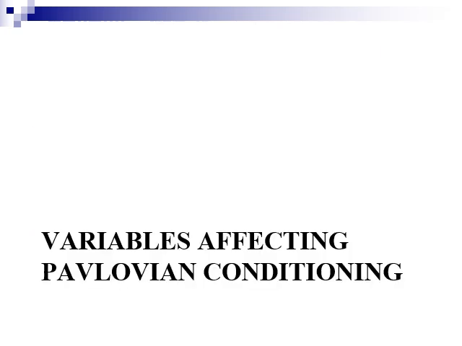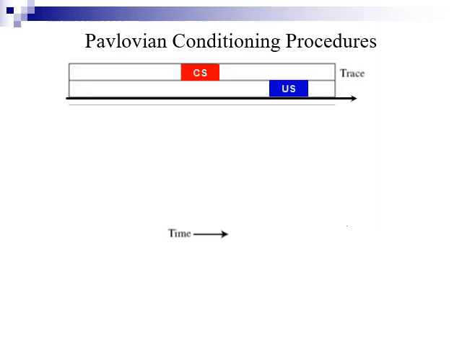What are the variables that affect whether Pavlovian conditioning occurs? So what are the things that impact its effectiveness? First, we need to look at the procedure itself. You can refer to your text on these things as well, but essentially what we're looking at here are basic procedures. The trace procedure,